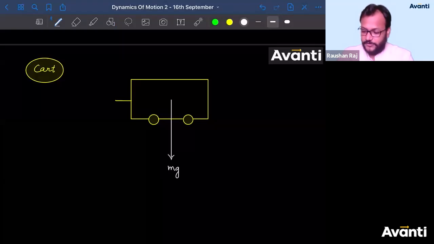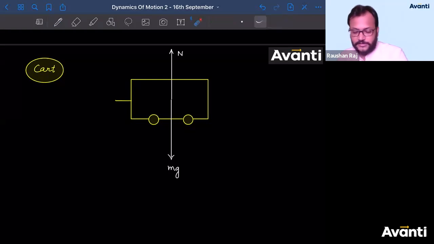Then there'll be one normal force. Don't worry guys, today we'll study normal force also. We will understand why this normal force will come. Okay, टेंशन नहीं लेना है. This is what normal force. Tell me guys, what are the other forces that will act? Simple सी बात है sir.